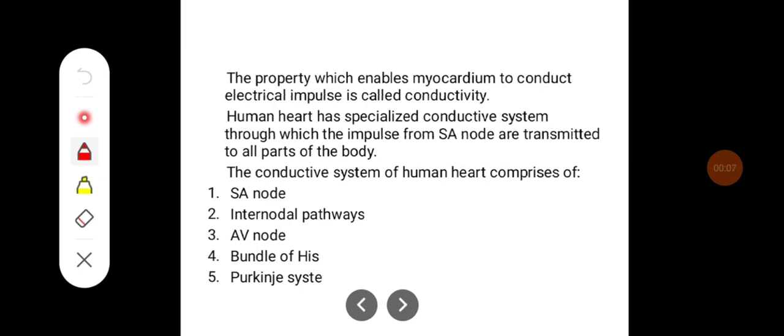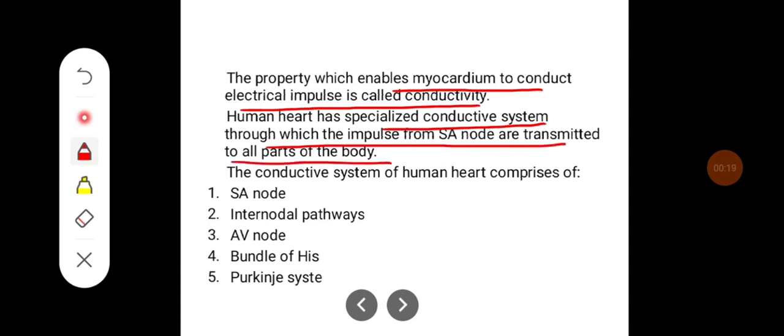The property which enables myocardium to conduct electrical impulse is called conductivity. Human heart has specialized conductive system through which the impulses from SA node are transmitted to all parts of the body. The conductive system of human heart comprises of SA node, internodal pathways, AV node, bundle of His, and Purkinje's